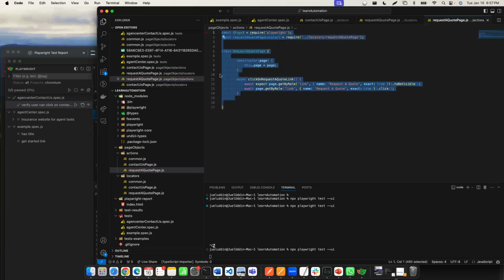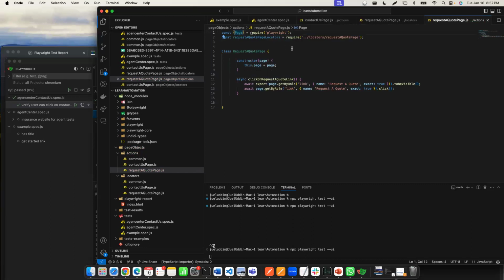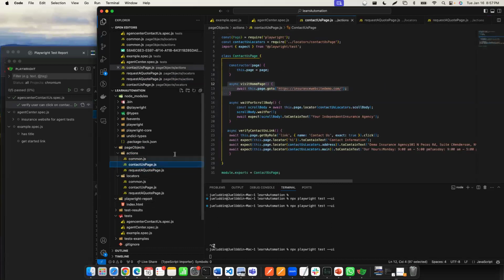Now this is not going to be used just yet until you export it. So you have to export and then you will be able to import it. But before we do that, we also have to make sure that we do the expect. The page is coming from there. Let me, actually, I should be able to take the same exact,